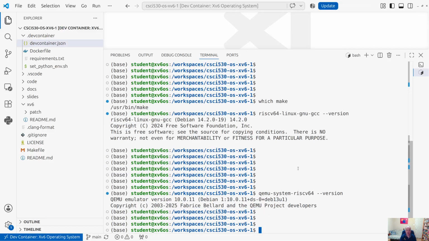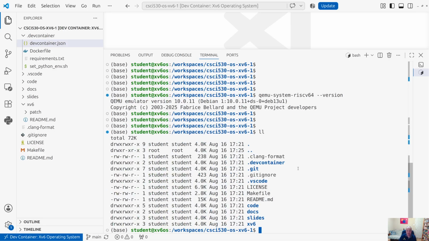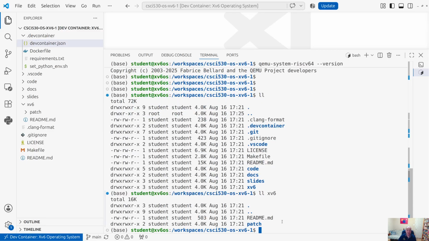We first need to set up the xv6 code. In your repository, there is an xv6 directory, but if you look inside of it, the code isn't there yet. We could have put the code in this repository, but I decided it would be better to just do a git clone of the official working repository of the code, because it is still being worked on. So whatever is the latest version out there in the repository, we'll always clone that down. If you run make setup from the top level of the class resources repository,